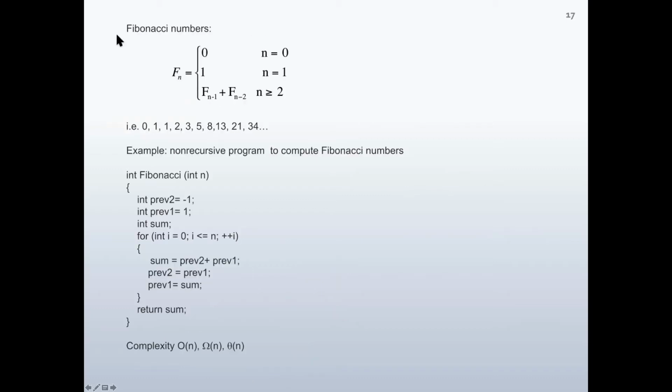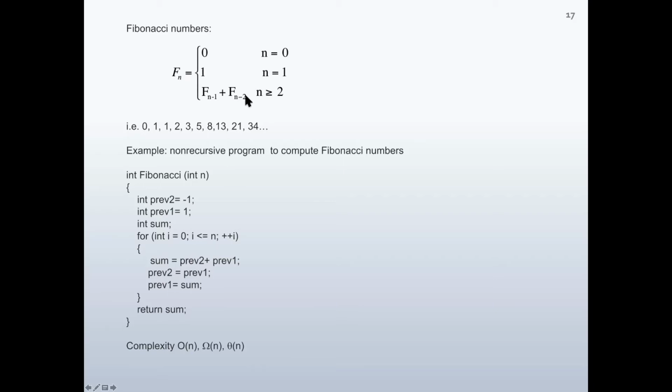In this part, we are going to consider two different implementations of the Fibonacci numbers, and then we will find out what the complexities are. Remember that Fibonacci numbers are defined as follows: when n is equal to 0, the value of the Fibonacci number is 0. When n is equal to 1, it is 1. However, if n is greater than or equal to 2, then Fibonacci n is equal to Fibonacci n minus 1 plus